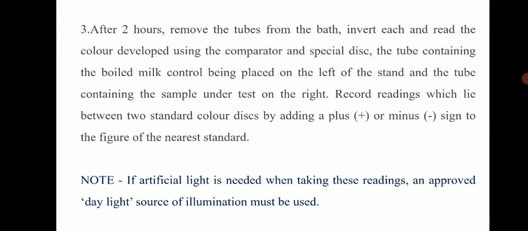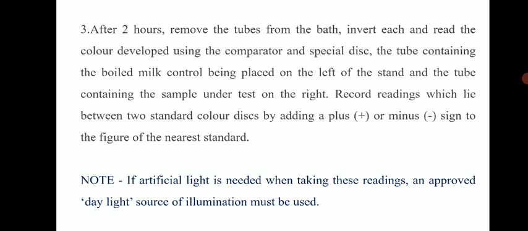So you observe the yellow color change, and you compare the yellow color of both the test and control tubes with the standard disc or special disc, matching that color with the standard disc. The tube containing boiled milk control is placed on the left of the stand, and the tube containing the sample under test on the right. Record the reading which lies in between two standard color discs by adding plus or minus signs to the figure